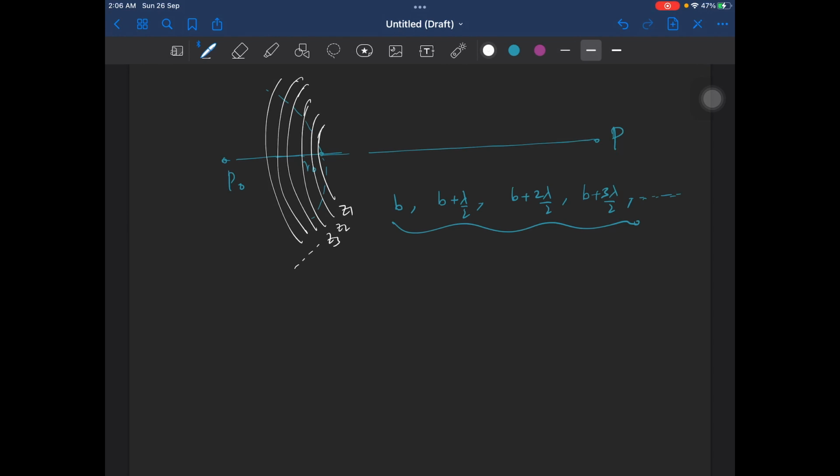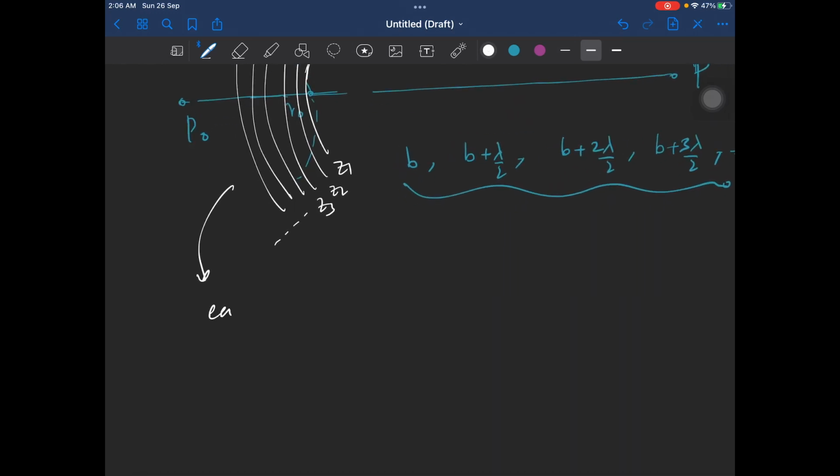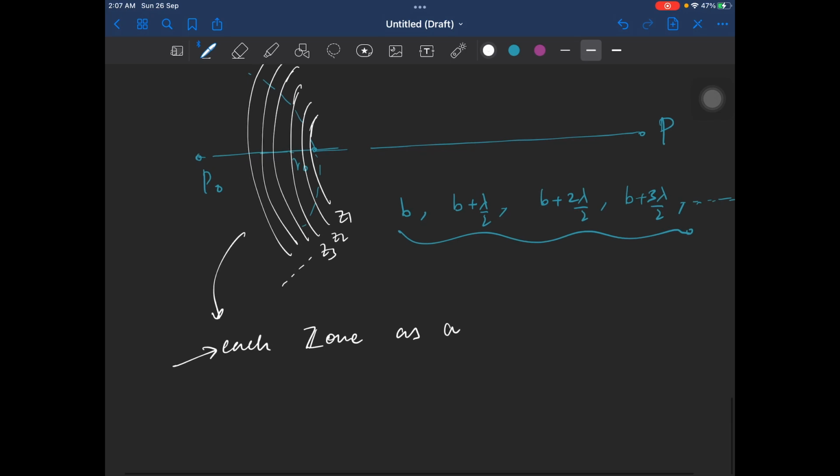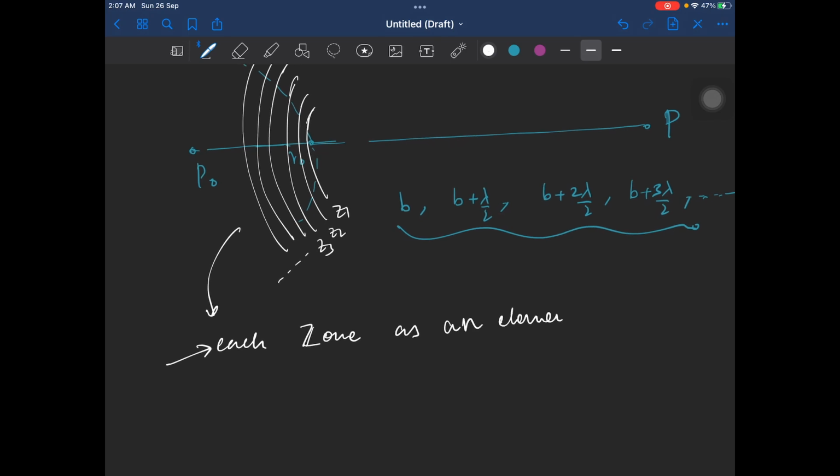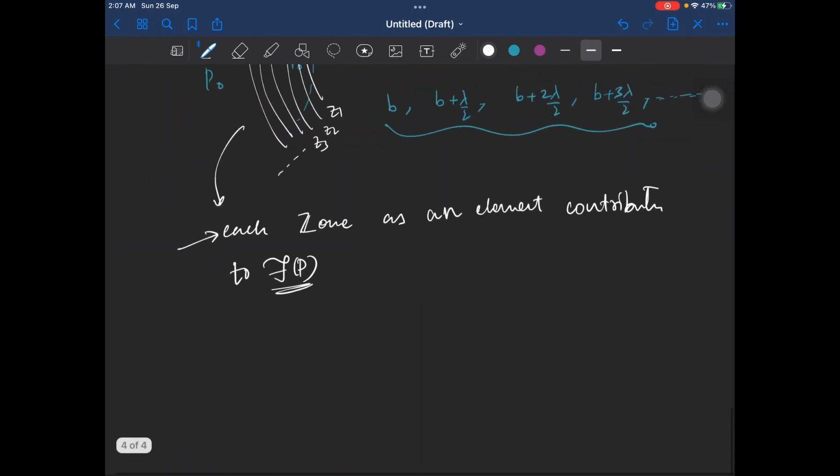You can assume each zone as an element, the integral of small elements, contributing to P. So we will write